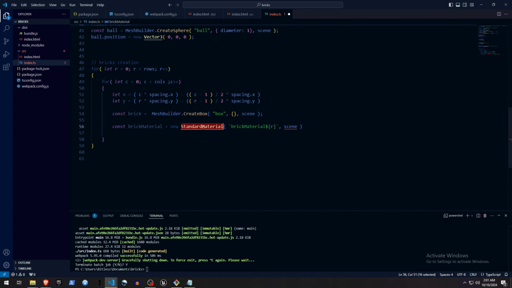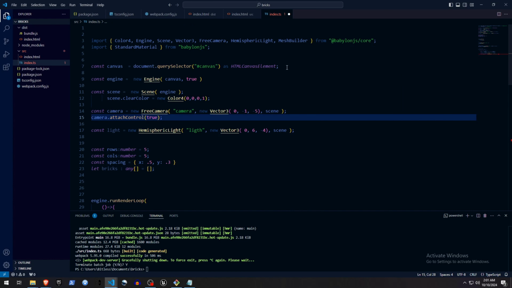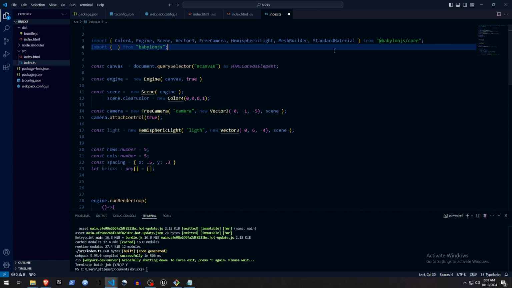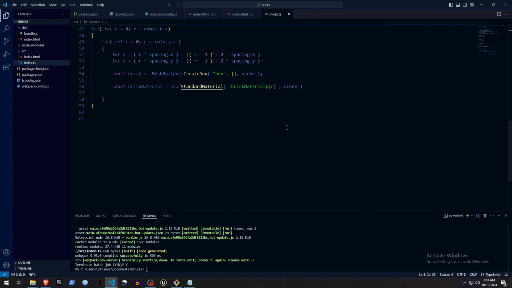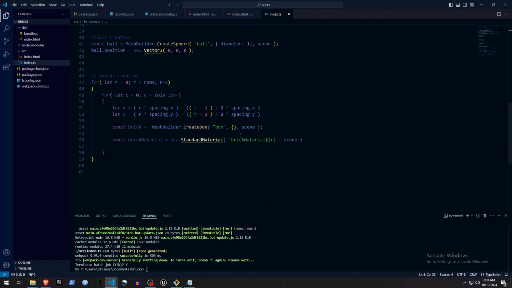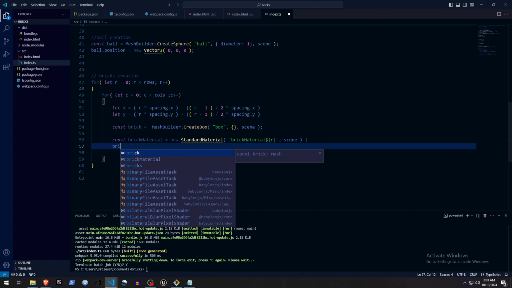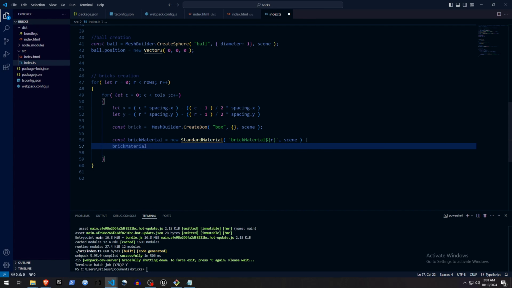And the standard material needs to be imported. So we don't have that here. Yeah, it's not there. I'm gonna comment that out at the moment. Okay, so we have the material, and we're gonna put the color, brick material, set